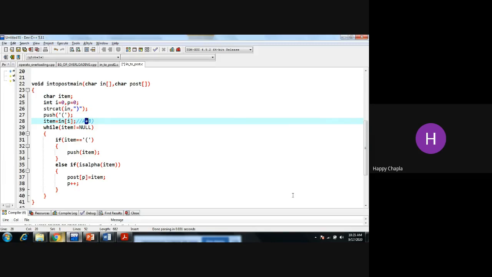If I encounter plus and minus, I have the same precedence, right? My compiler is not aware of it. So how can I identify that the incoming character is an operator or not? For that, we are making one function, and that function is for operator.